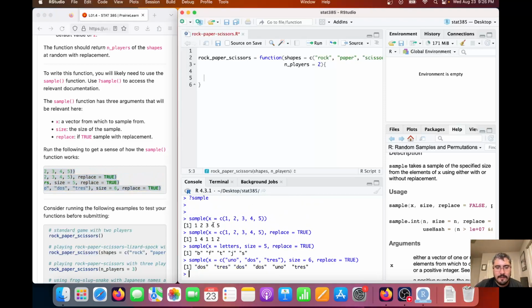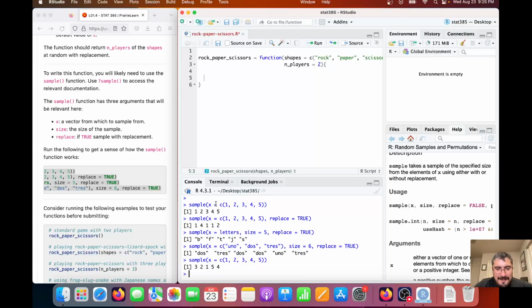All right, so sample 1, 2, 3, 4, 5. This didn't provide any replace, or it had the default for replace, and it didn't specify size, so it's just the size of the vector. Wait, that's wild. Okay. Huh. Sample 1, 2, 3, it's supposed to be random and came back the exact same order, so I just